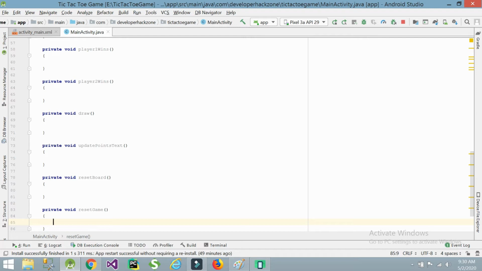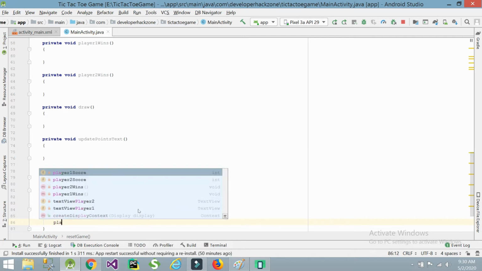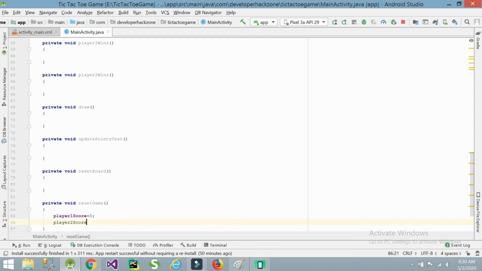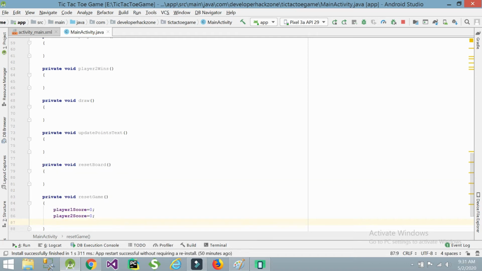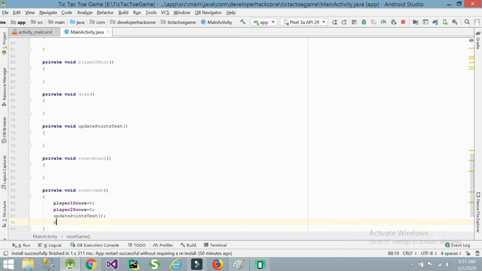In reset game, player 1 score equal to 0 and player 2 score equal to 0, and update points text. We need to update the points in the text views also. At the same time we need to reset the total board.